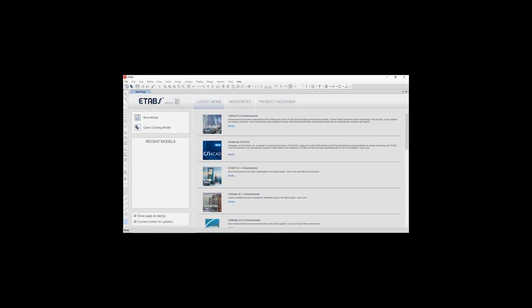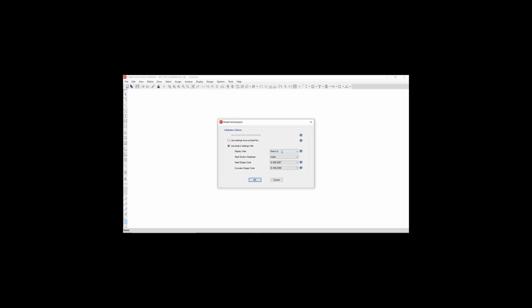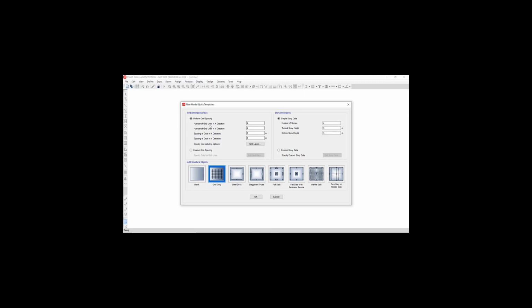Open the ETABS software. Go on the File menu, New Model, then go on Display Unit Metric SI, Steel Section Database Indian, Steel Design Code IS 800 2007, Concrete Design Code IS 456 2000. Then click on OK. Then set the number of grid lines in X direction 4. Number of grid lines in Y direction 4, spacing of grid in X direction 6 meter,